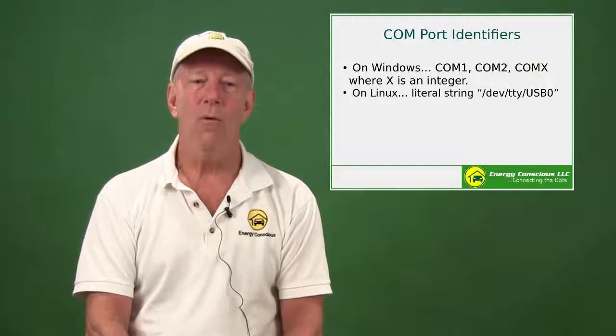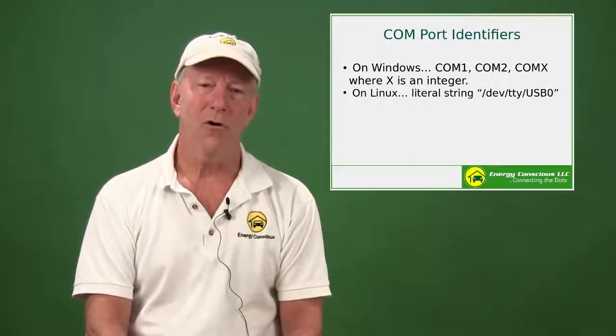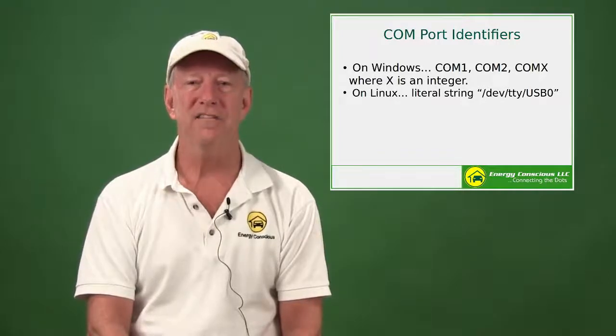Homeseer had no problem sending LumenCache commands, but we did run into issues returning the responses. Recall from an earlier video that we were using the Homeseer scripting model, not their full-fledged .NET/Mono plugin. The problem was that Homeseer was expecting a Windows-based model for the COM port, COMX, where X is a number. In the Linux world, a serial port is defined as a string,